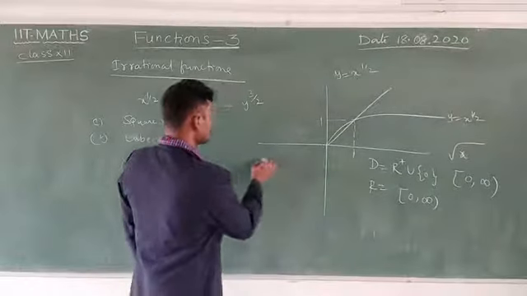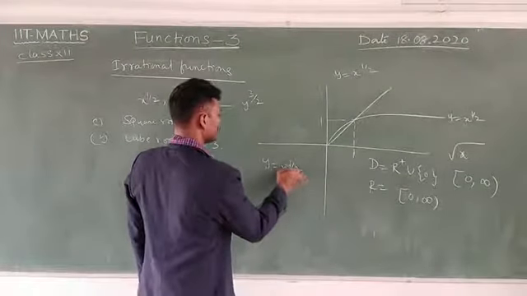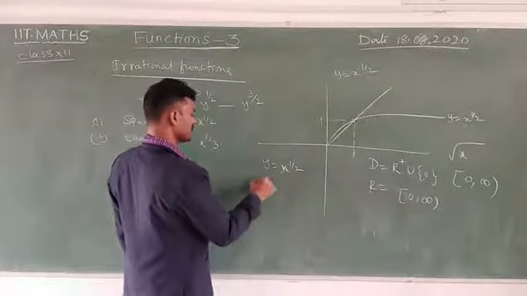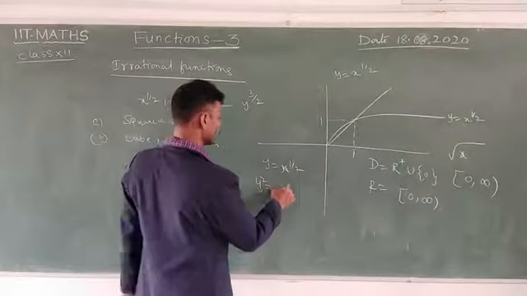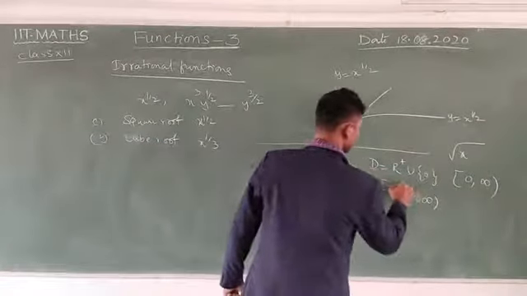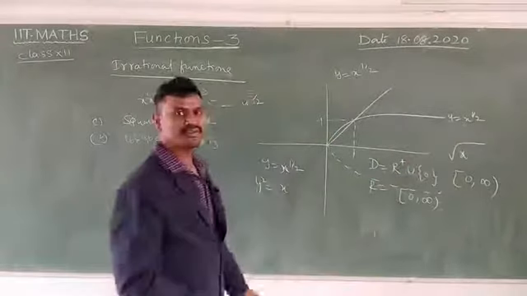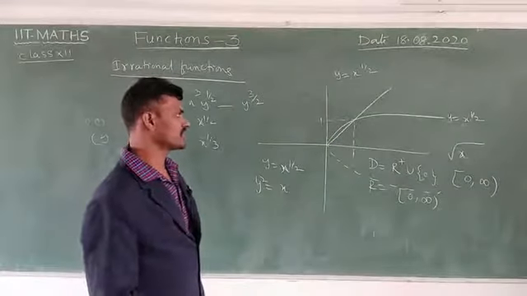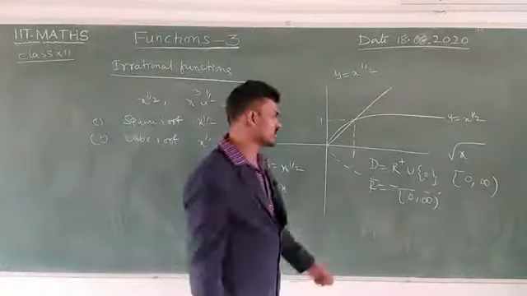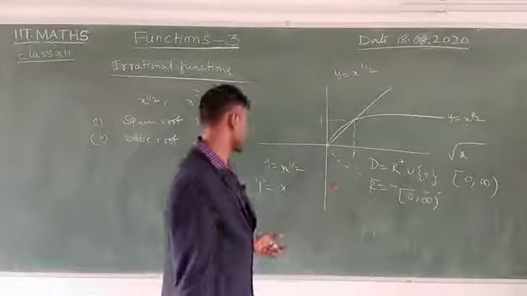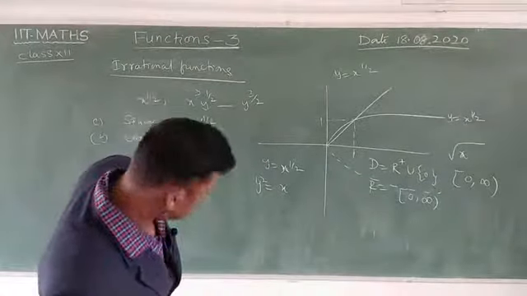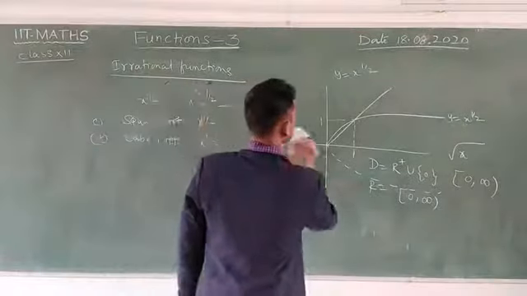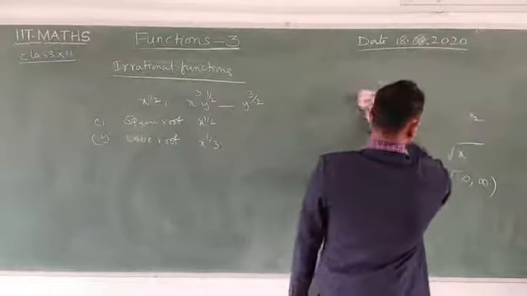Suppose here y is equal to x to the power of 1 by 2. Squaring on both sides, y square is equal to x. Now this is not a function. You can take the vertical line test, it intersects at 2 points, that's why this is not a function. Okay, right. Now x to the power of 1 by 3, the cube root function.